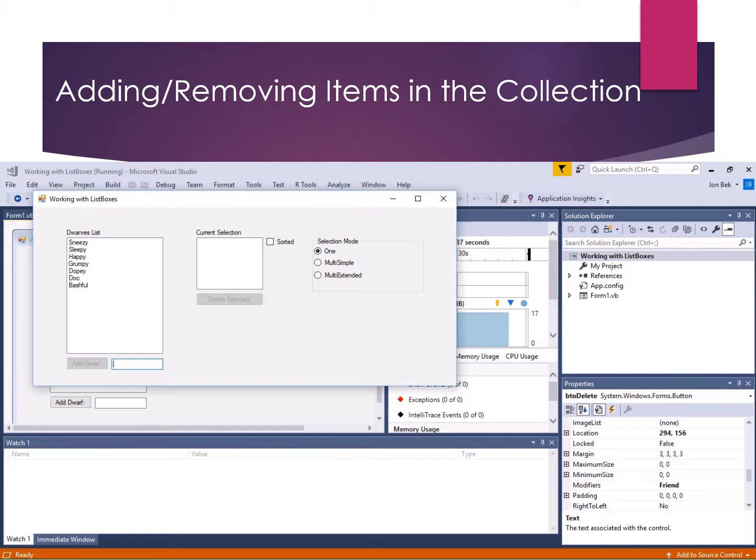So we've got a bunch of Disney dwarves. Let's have some Tolkien dwarves in here. So the Great Thorin Oakenshield and Bifur and Bofur. Great, so now we've got some Tolkien dwarves, and now let's select what we want to get rid of, and let's turn multi-simple on, and